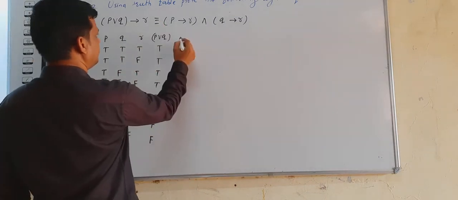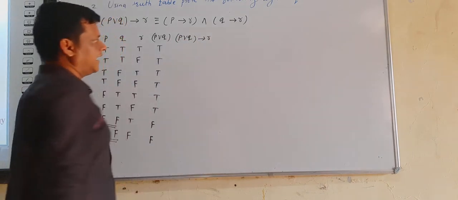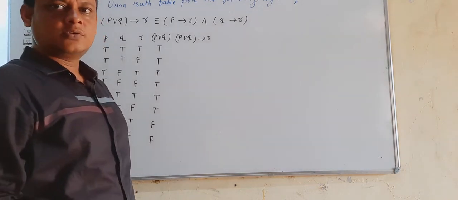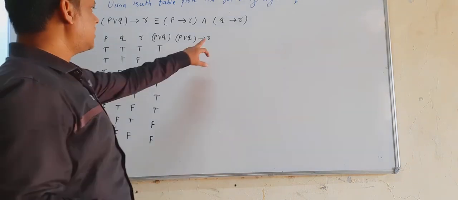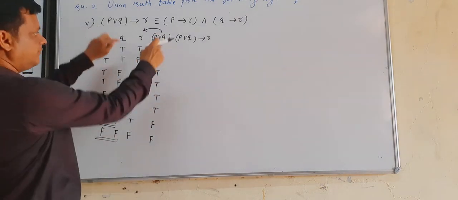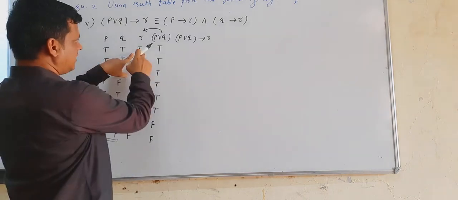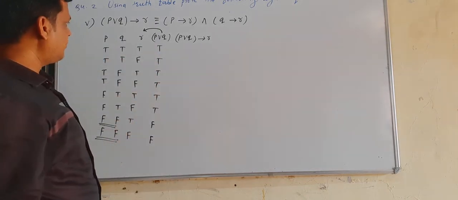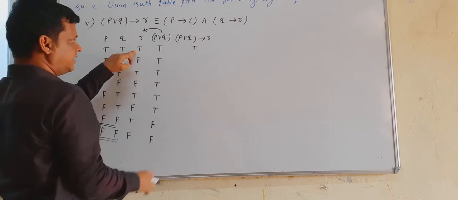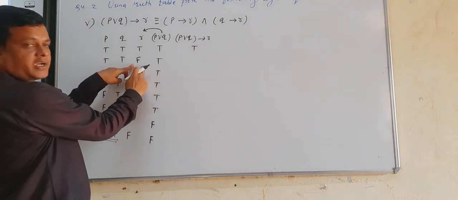Now we have to take the implication of P or Q with statement R. In implication, if both the statements have the same truth value, then its result is true, otherwise the result of the second statement. Here the second statement is statement R. So we have to consider the second statement result if both the statements do not have the same truth value.